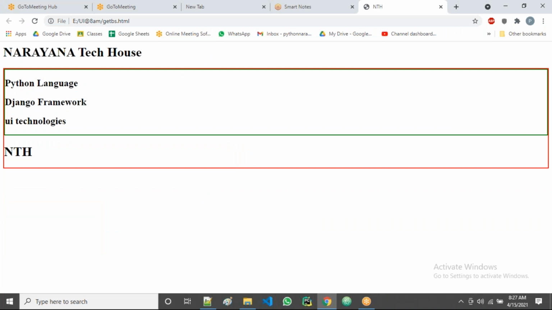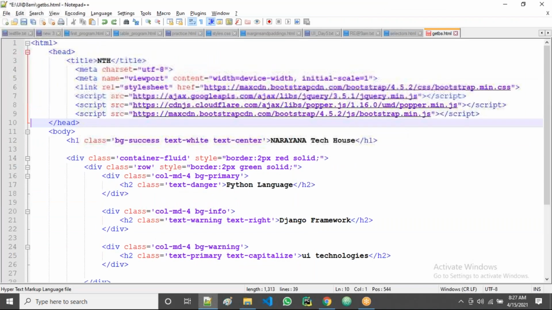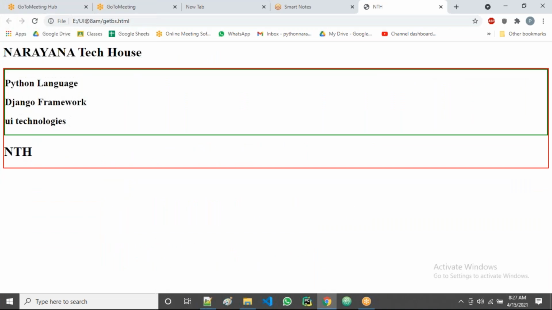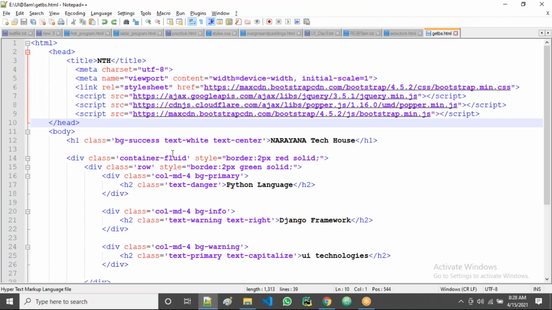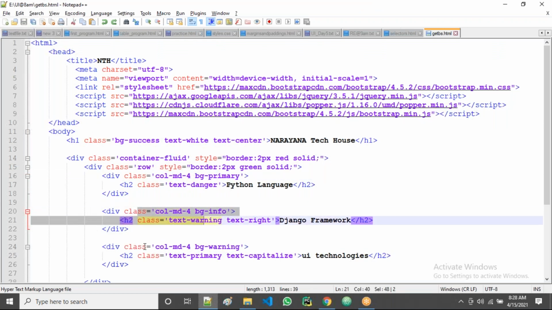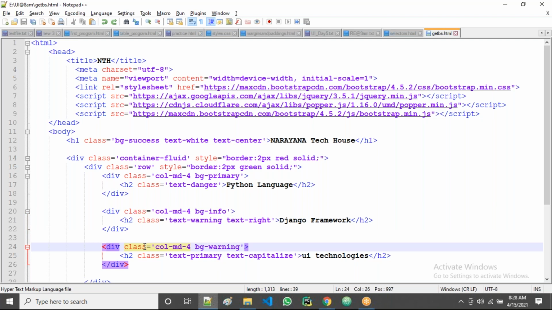Okay, let's go there. Just undo here, save this one, and refresh here. Yes, guys, now all of you observe here. Now all of you are clear on how to use bootstrap. With bootstrap, we get only classes like this. There are so many classes. We'll try to discuss more classes later, guys. All clear, right? Okay.